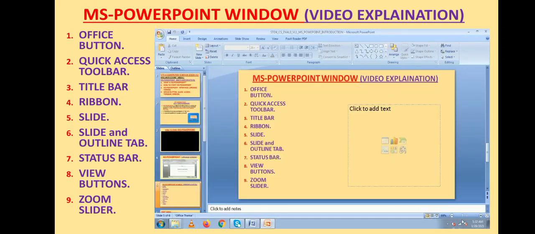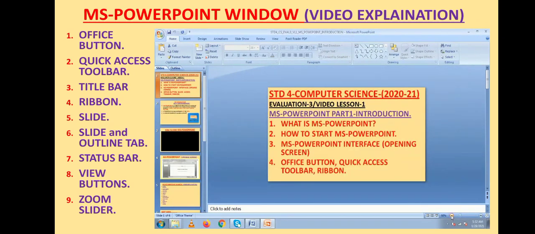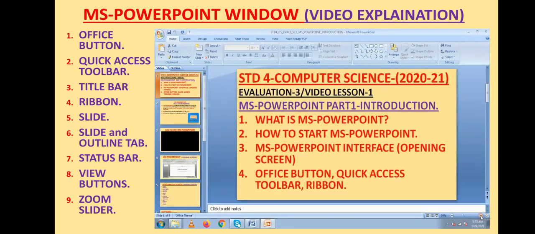Besides the view buttons, we have zoom slider where you can zoom in and zoom out your slide. When you zoom out the slides, the slide will become smaller and smaller, and when you zoom in your slide, then it will become bigger.